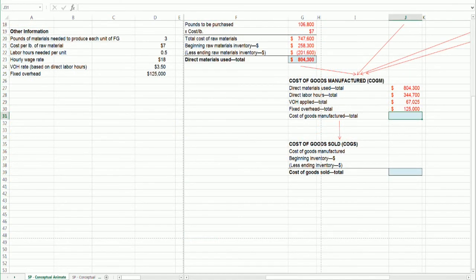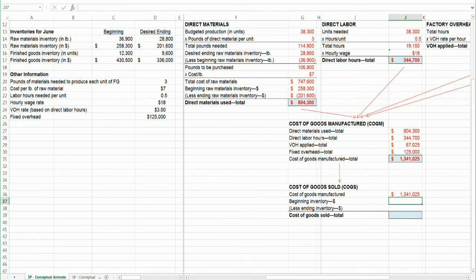So we're almost there, but there's a key distinction here. This problem didn't ask for cost of goods manufactured. It wants to know cost of goods sold. So let's figure this out. First off, we now have all four pieces of cost of goods manufactured: direct materials, direct labor, variable overhead, and fixed overhead. Comes out to $1,341,025. Well, one more time, we're going to use that same basic formula to say, if that's how much it costs in manufactured goods, meaning that's the cost of my finished goods inventory, I come back up here.